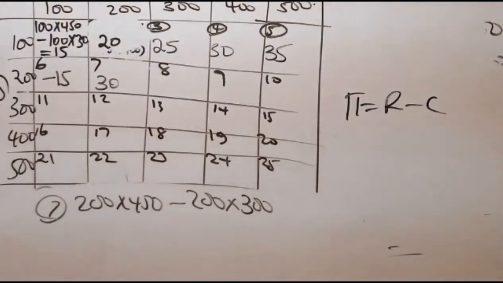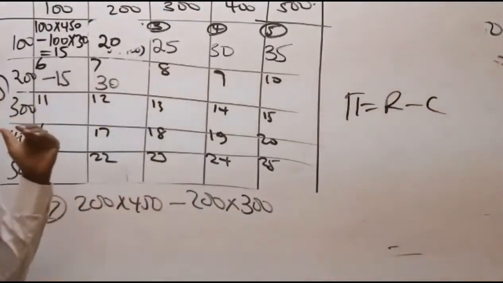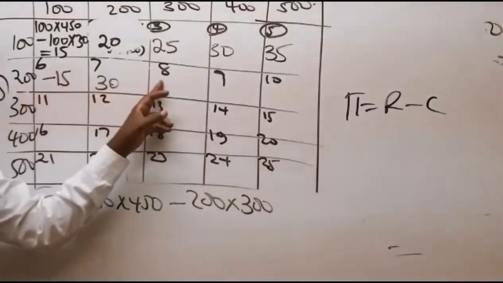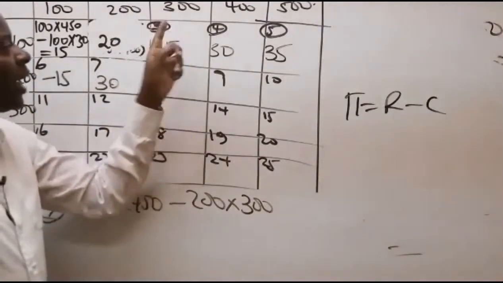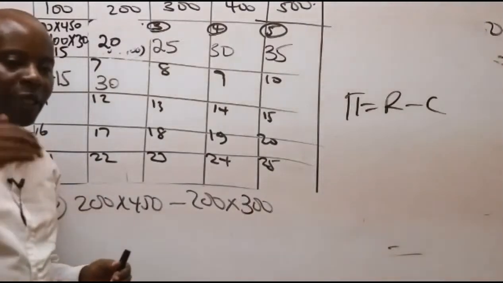Jerry Mwangi wants me to do cell number 8. Look at cell number 8. What is happening in cell number 8? We have supplied how many? 200. But how many have been demanded? 300. So the demand is more. So we have to go back